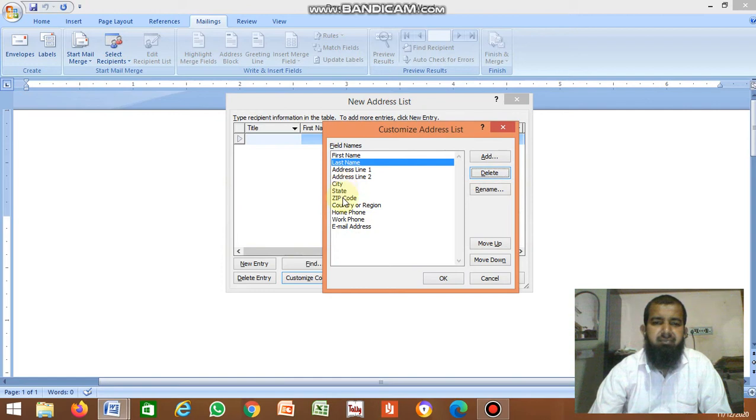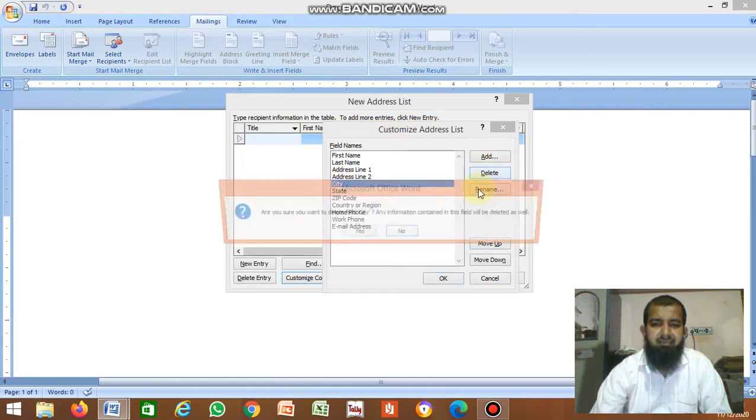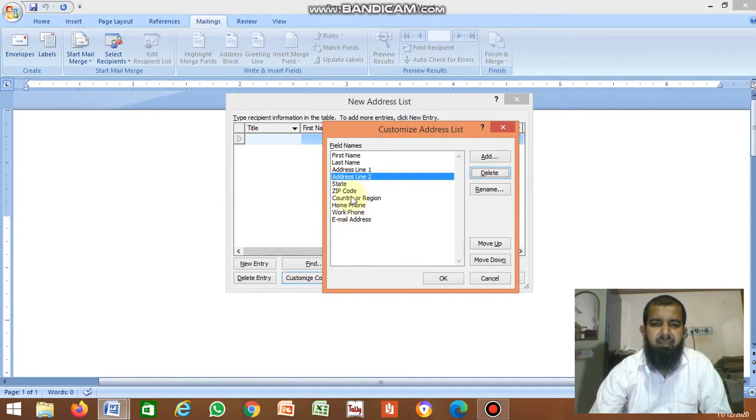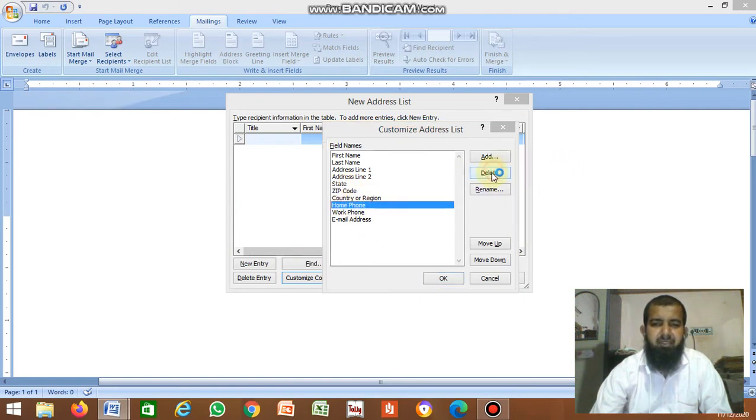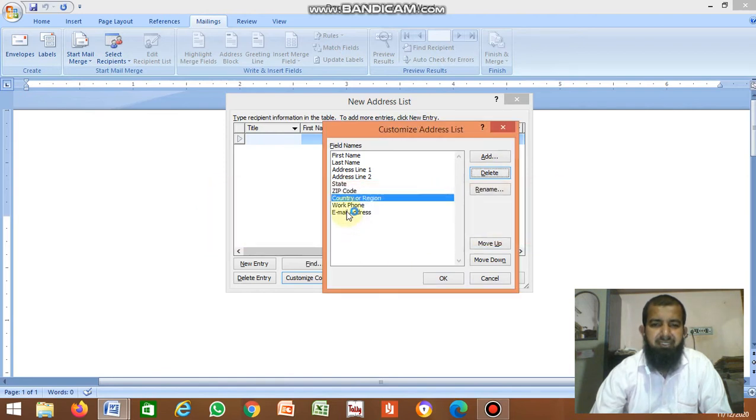Then city or zip code, if you don't want, click Delete. If you want, just keep as it is. Then country and home phone, whichever you don't want, select and delete.